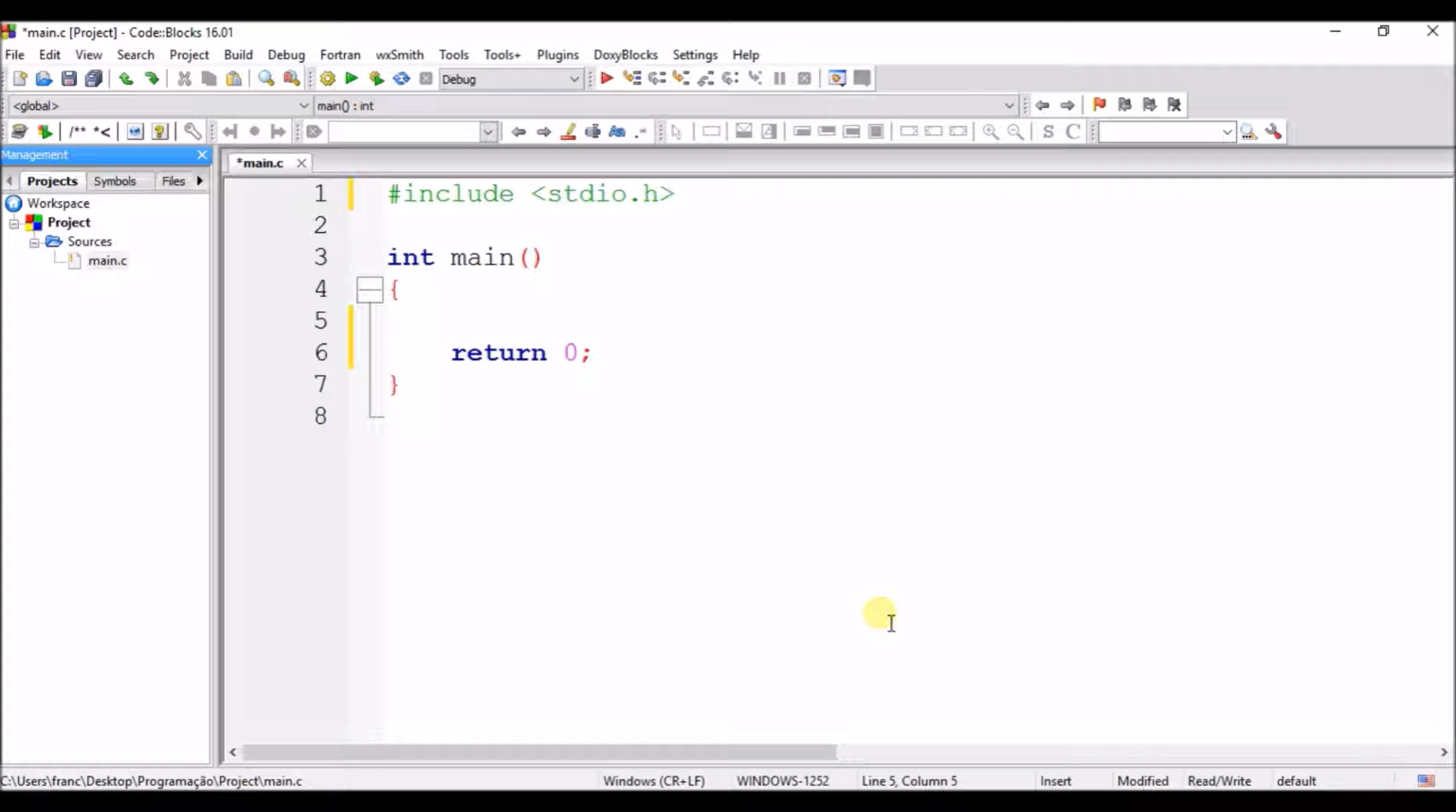In this lesson you'll learn about the scanf function. This function is a function you use when you want to ask the user to input a value, and that value will be stored in a variable. This function belongs to the stdio library, which we already included here, and it's kind of similar to the printf